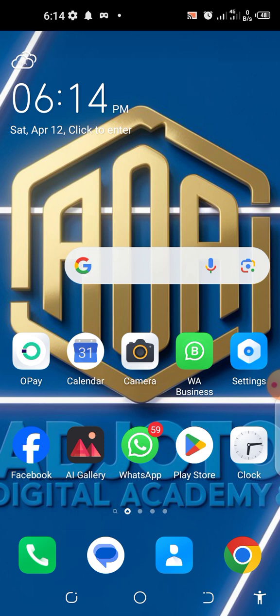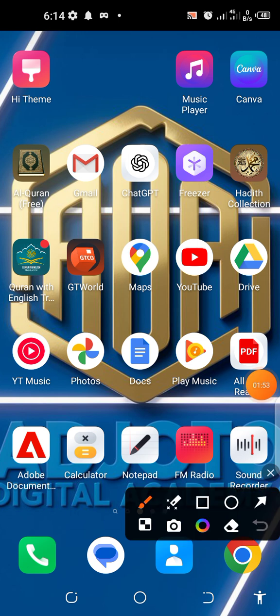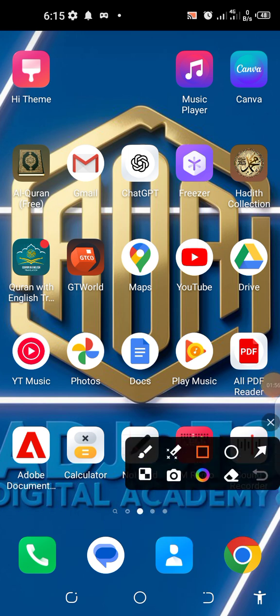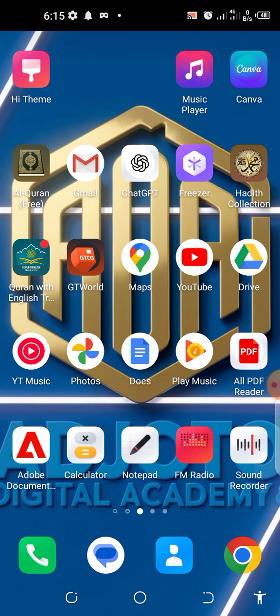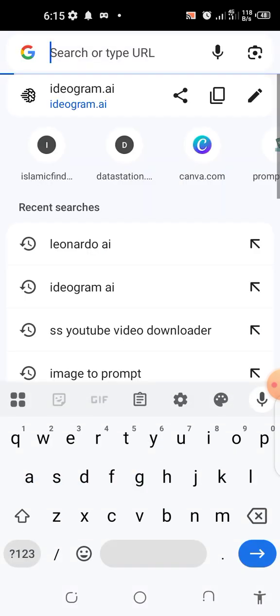Now, what are we going to do? Here is what you are going to do. You go to your Chrome browser. I assume all of us know what Chrome browser is. Now, here is your Chrome browser. Here's your Chrome browser out here. Hope you get it. Now, you click on the Chrome browser. Now, you type your search. What are you going to type? Let's say, okay, you type